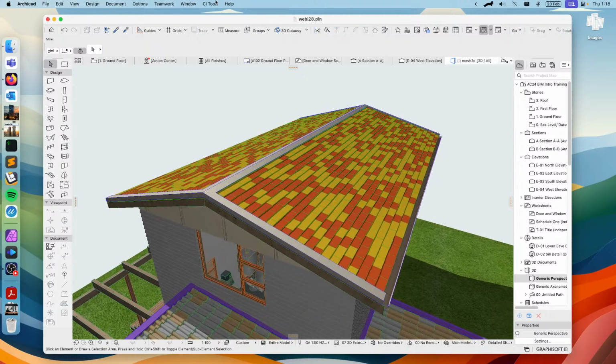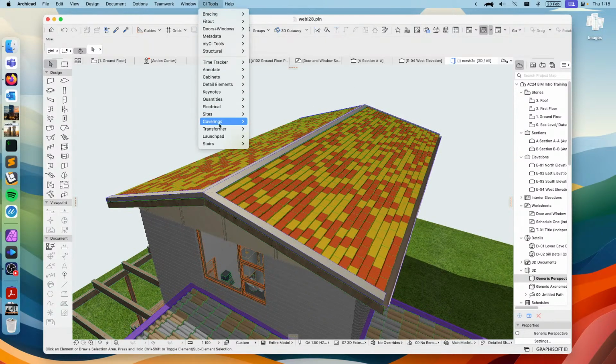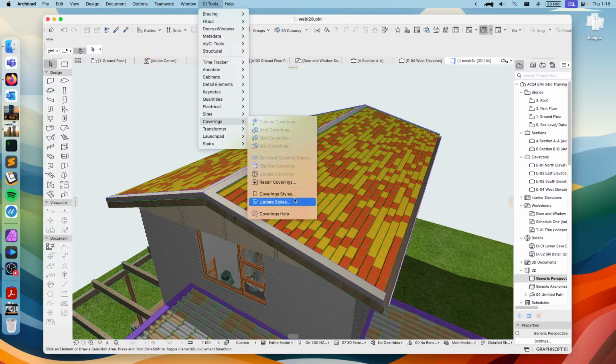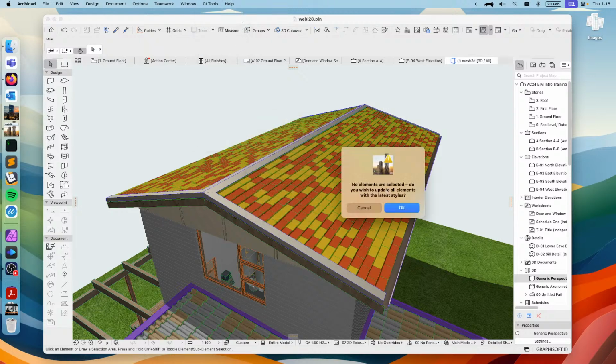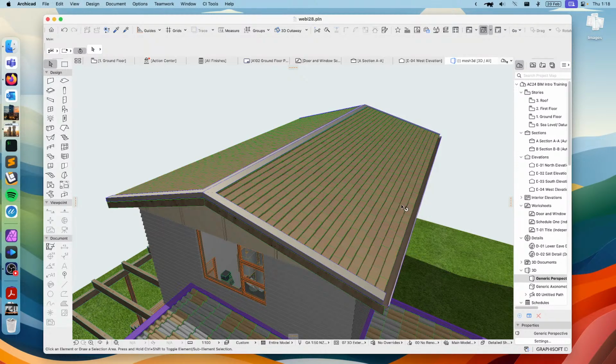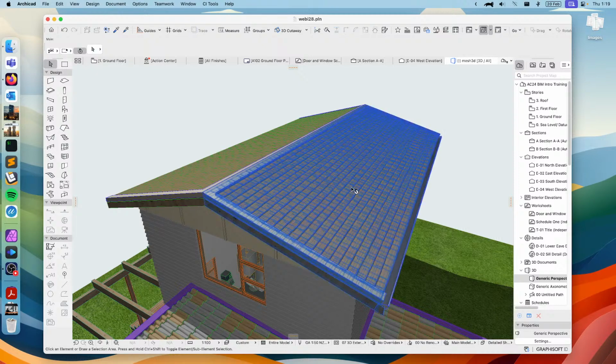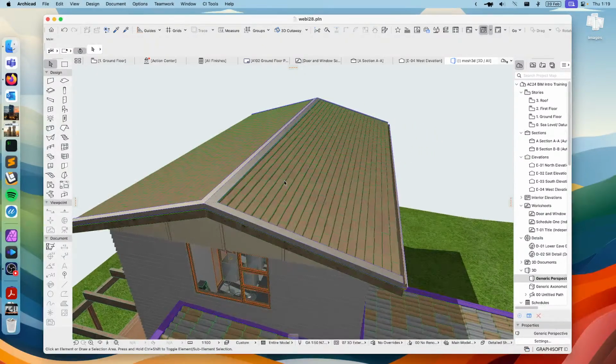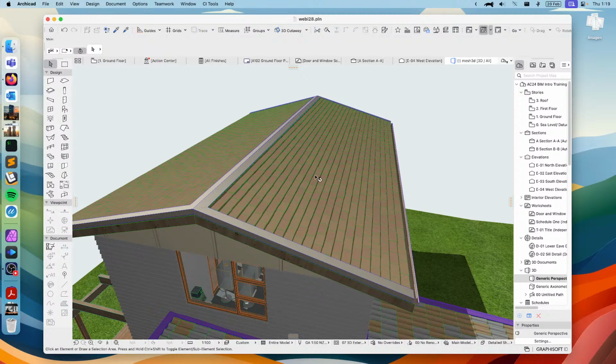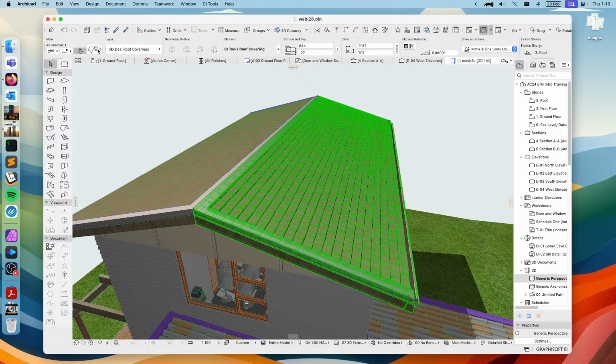So all we need to do is go to the coverings menu and choose the option to update styles. If you have an element selected, it'll just update the selected element, otherwise it'll do the entire project, which is what it's asking us here. So we hit OK, and it will just search for any coverings that match the styles that have been updated and make those changes. So you can see it's gone through and blitzed these to change them to what we